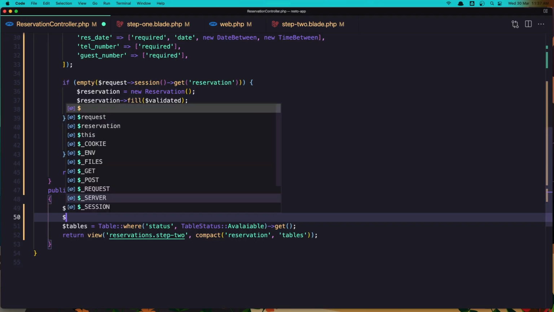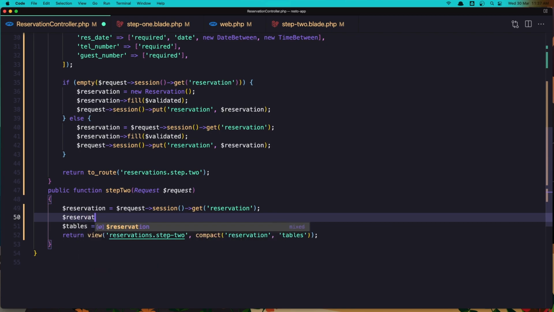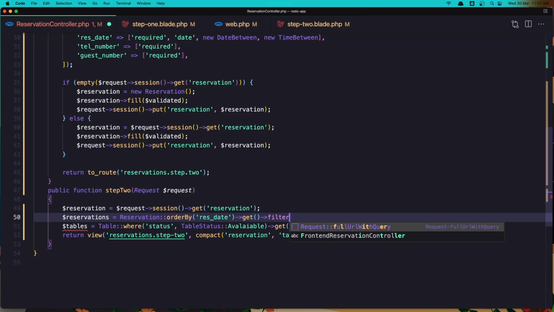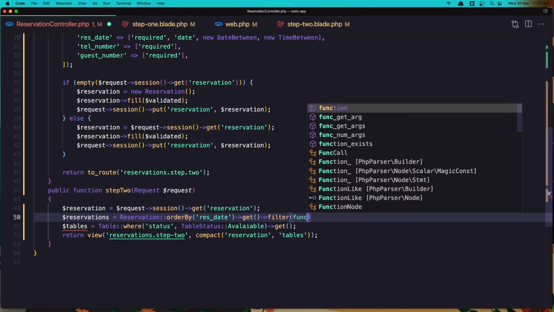To do that, we are going to say reservations to be reservation, and I'm going to say order by res date, say get, and I'm going to filter that, filter, and add a function